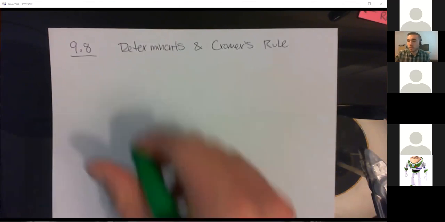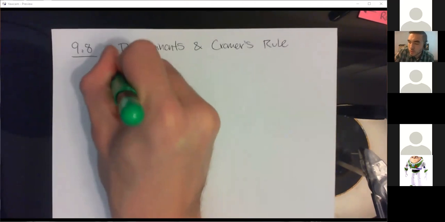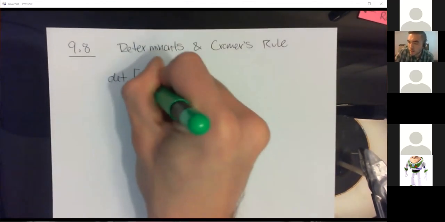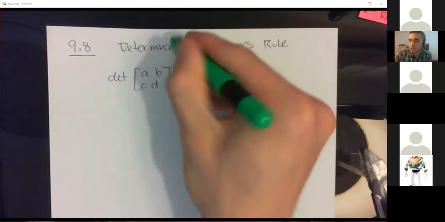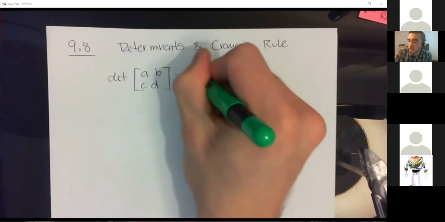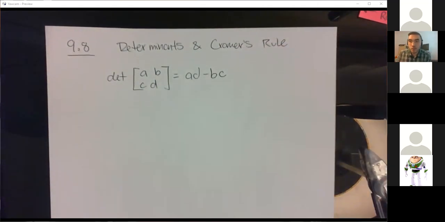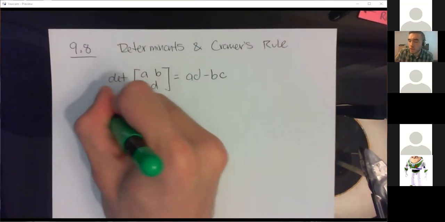The determinant of a 2 by 2 is the only one which is super well defined. So the determinant of a 2 by 2, A, B, C, D, just as a quick reminder, is this diagonal minus this diagonal. So this is equal to AD minus BC. The next thing that you'll need to know about these matrices is that if a matrix has a determinant of 0,